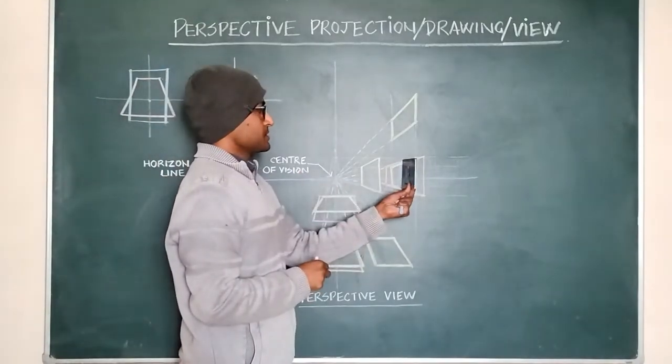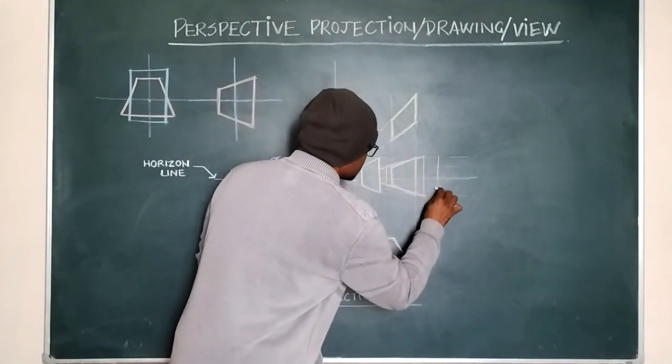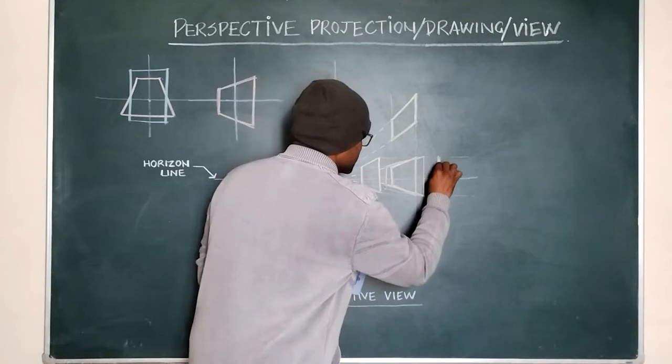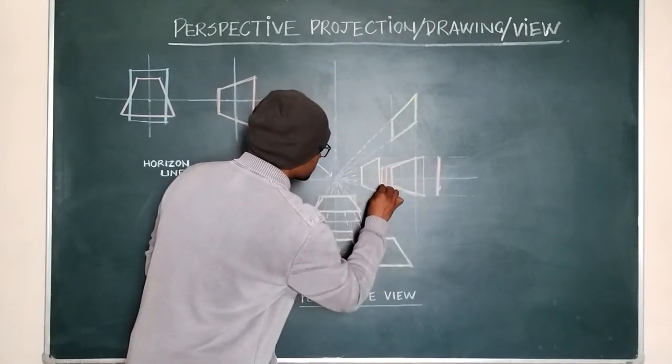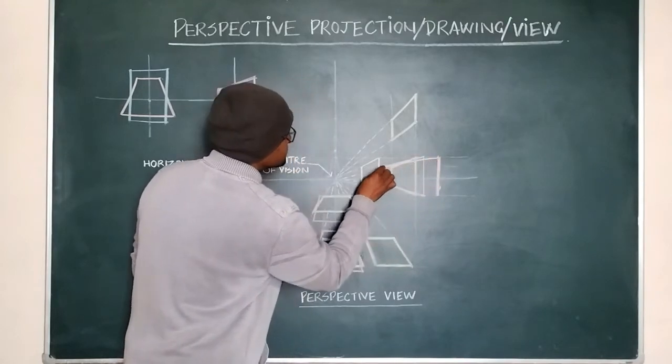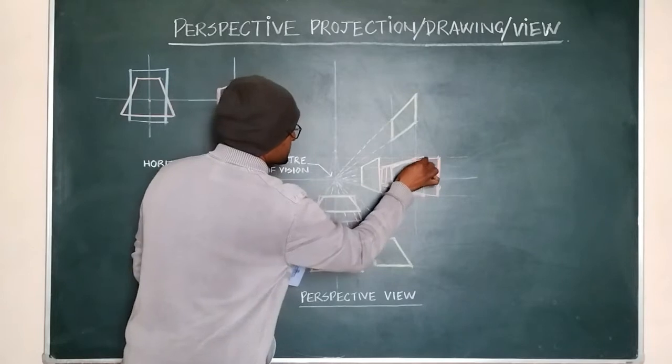If I rotate a little bit more, it will be somewhere here, and again another edge will be somewhere here. If you extend this line,